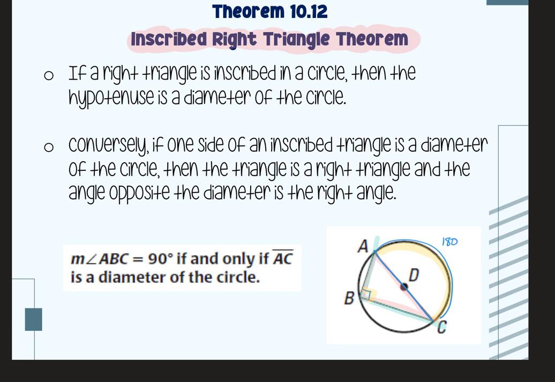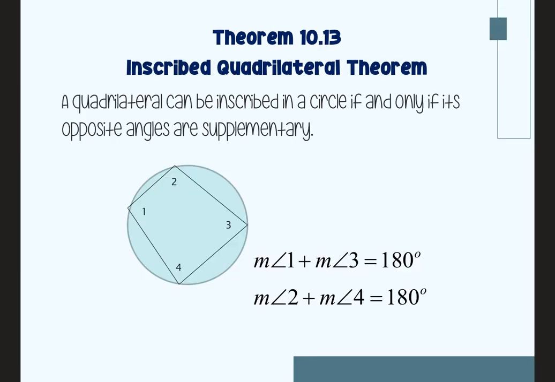So you could use this in both directions. Either it is the right triangle, so its hypotenuse is the diameter, or the diameter is a side of an inscribed triangle, and then you would know that triangle is a right triangle. Questions on that one? All right, and